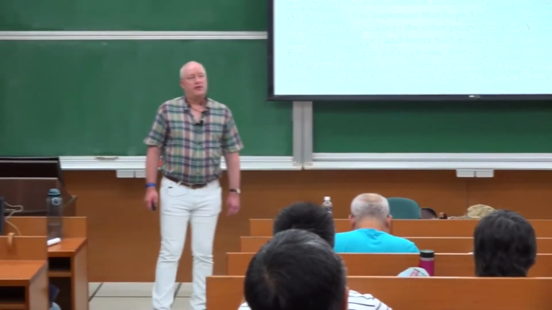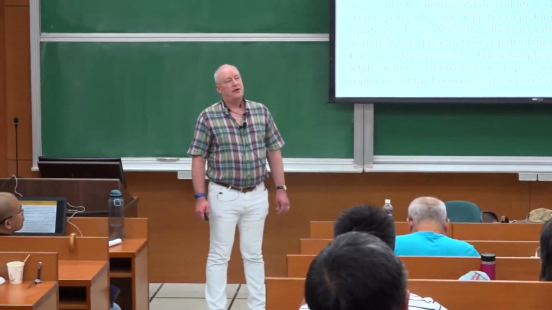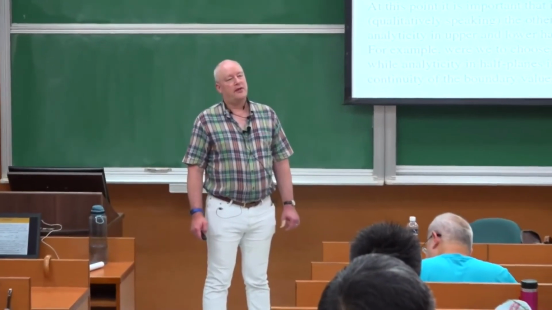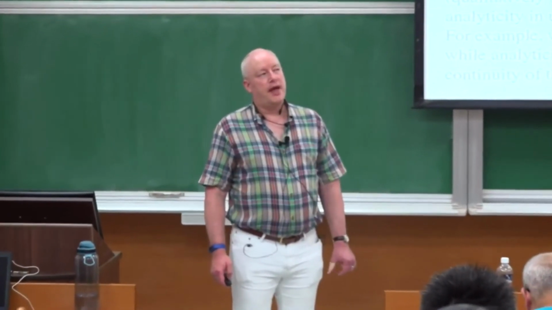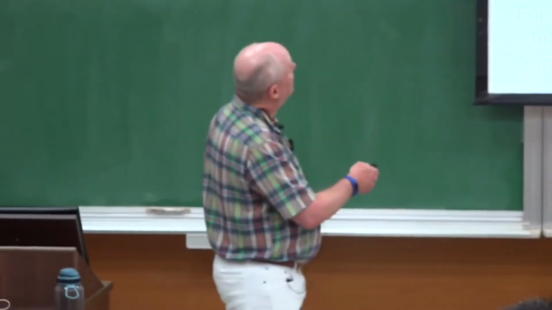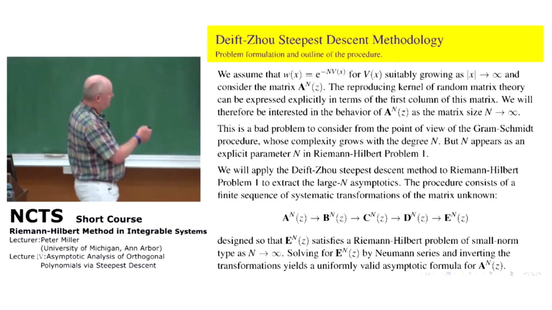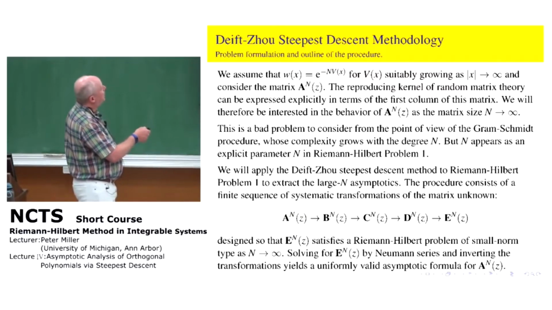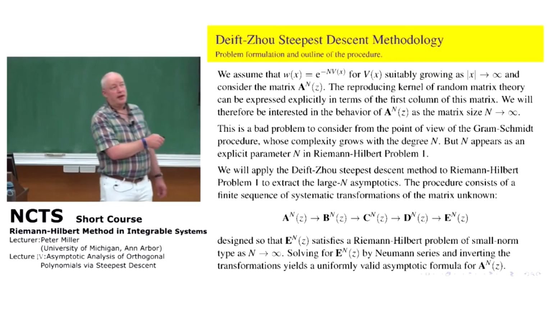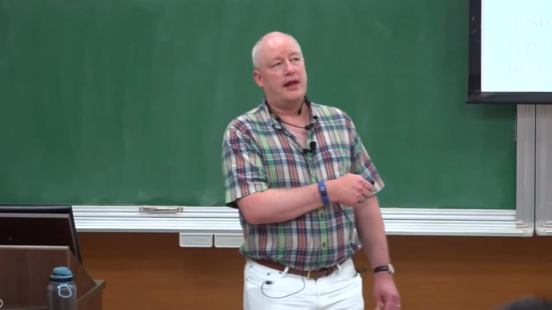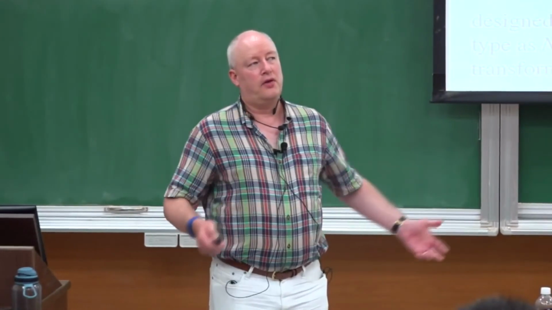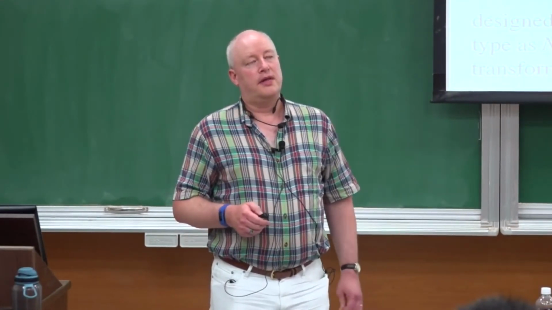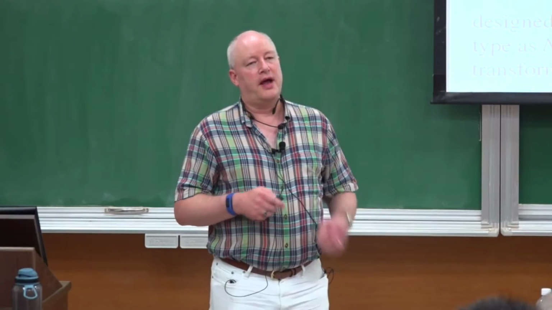So for instance, there's a famous random matrix ensemble called the Gaussian unitary ensemble, GUE, and that one takes the V that's over here. Oops, let's go back. It takes the V to just be x squared, okay? And so in that setting, it was found a long time ago, probably by Wigner, that the eigenvalues